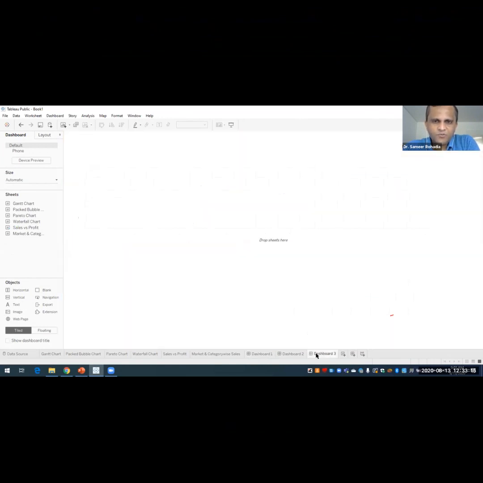Now let us go back to the third dashboard, where we'll be using a kind of flexible system. Here in this objects area, we have this horizontal and vertical. Let me show you the vertical one. Even if you use horizontal, it has the same effect.